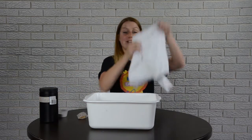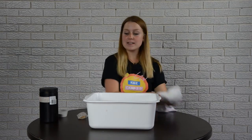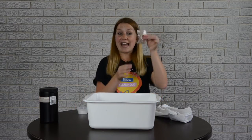So what are the materials that you're going to need to do this tie-dye activity with me? That's a great question. What you're going to need is your t-shirt that's in your box. You are also going to need your little cup of soda ash. So this is very important and we don't want to forget this step. So make sure you have your soda ash, make sure that you have your elastic bands, and then make sure that you have your tie-dye powder. Now your tie-dye powder is in a little cup just like this, so you don't need to measure it out. It's already